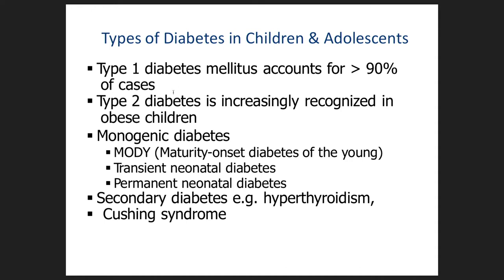For example, obese children could have type 2 diabetes. So it's not 100% type 1; 90% happens in children, but 10% of children with diabetes could have other types of diabetes, especially nowadays as obesity is a common problem worldwide,